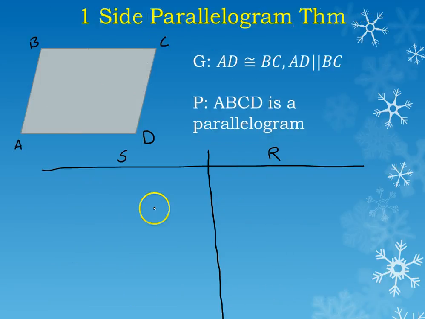So now we're given the same pair of sides. AD is congruent to BC, and AD is parallel to BC. I want to show why that means, because the same side is both equal and parallel, that this really